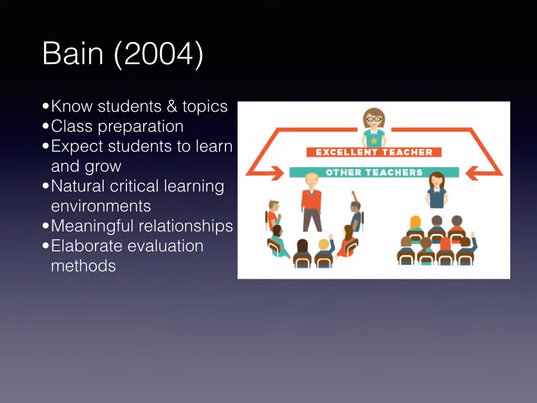This last bullet point I wish I was better at, which is developing more elaborate evaluation methods. I'm trying some new things in this class, so we'll see how those work, and you'll see what I'm talking about when I get to the actual syllabus, talking about some of the assignments. But it shouldn't just be, you get 1,000 points and you get an A. It needs to be a more elaborate and richer way that we determine if you have learned anything through the class. Again, we're trying to get to mastery. You have mastered the topics that we're trying to get to.